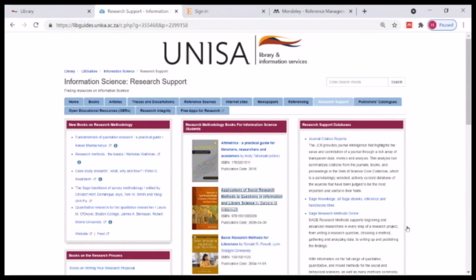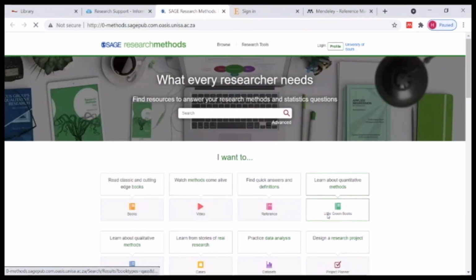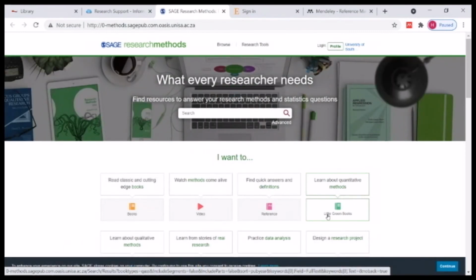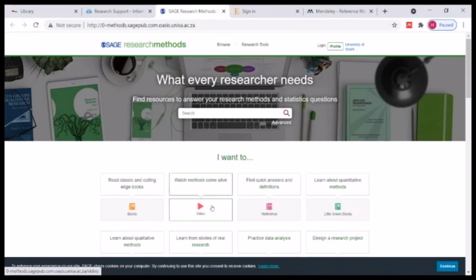But in this instance, I want to add SAGE Research Methods Online. This is one of our databases that deals with all kinds of methodologies. It's compiled by all the research methodology experts. So they have all kinds of videos. They talk about qualitative research methods. They've got little snippets of videos that tell you what a qualitative method is all about and how you embark